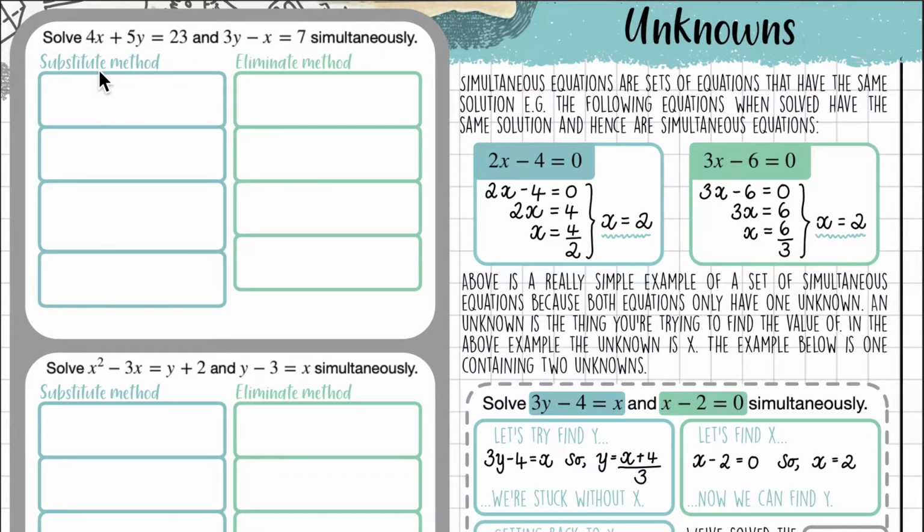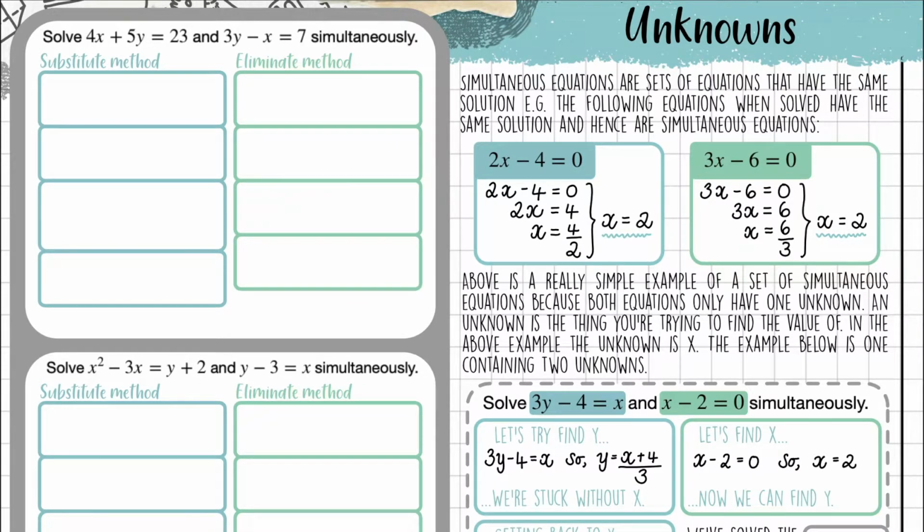Now, just like I was saying, there is no sure-fire way to decide whether to use the substitute method or the eliminate method. You kind of have to go off what the equations look like. For this one, I'd say that this equation here is probably just as complicated as this equation here. There's no number in front of the x, but there's still a y term and an x term in both of these. Therefore, for these two, I would have gone down the eliminate method. However, I'm just going to show you both methods. Let's look at the